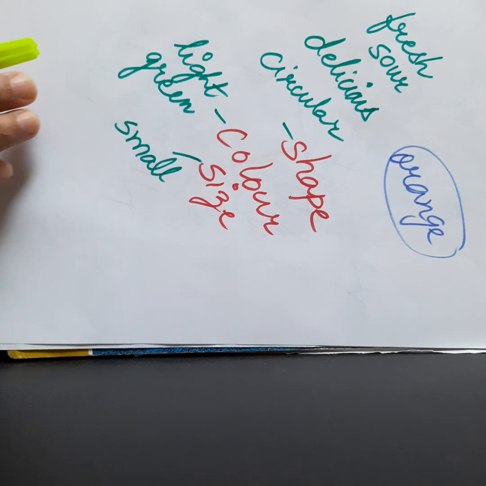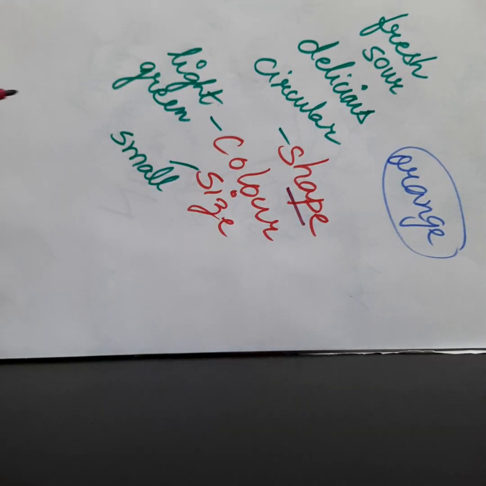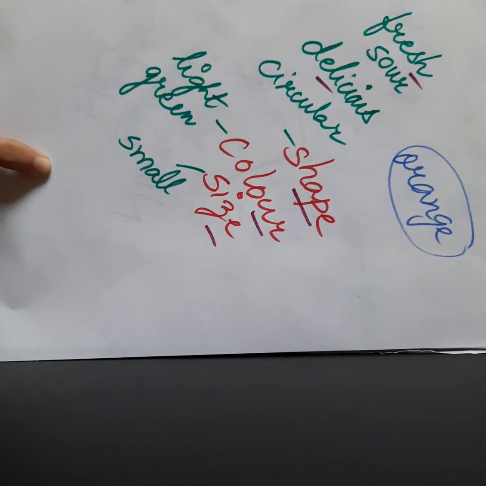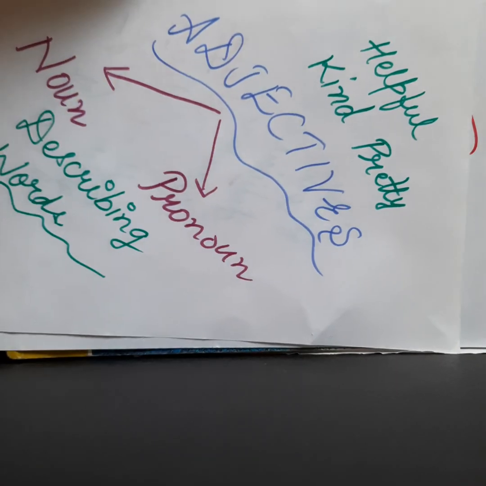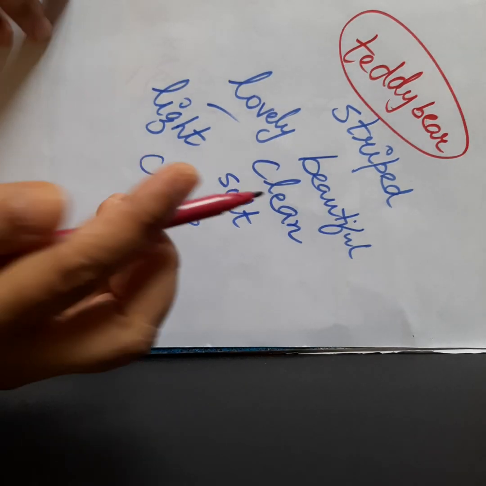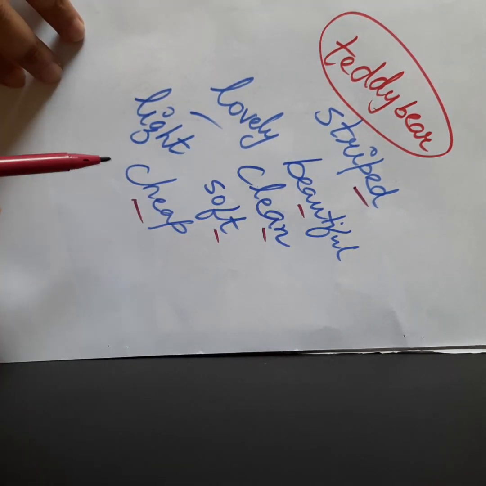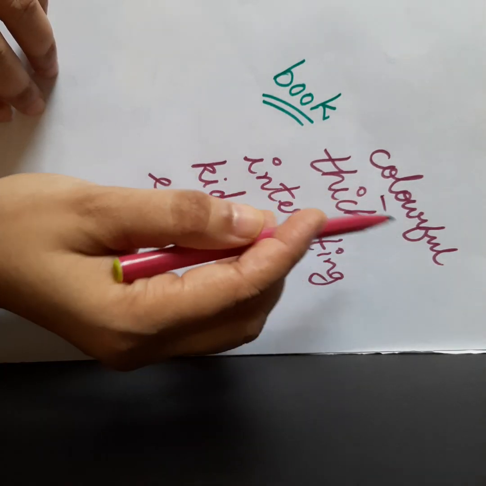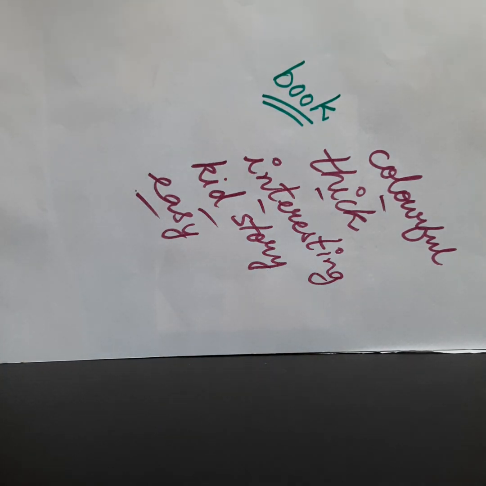In the same way, let us take our orange. When we talked about orange, we actually talked about its shape, right? The color, the size, the taste, right? Then it was fresh or sour. Then when we talked about our friend, we said helpful, kind, pretty. When we talked about our teddy bear, we asked, what does it look like? How is it? Is it clean? Is it soft? Is it cheap? We talked about its weight, right? When we talked about our book, we again talked about the color, the size, its feature. Then, is it easy or difficult? Now what do I want to highlight? That when we describe any noun,